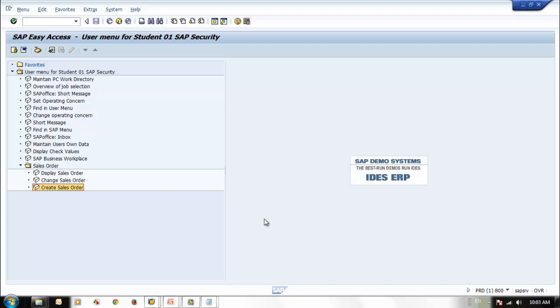I would like to inform you, this trace is a last option for your authorization check. So don't come to a conclusion, okay, let's trace this user, because you already have all this information. You know all the authorization objects assigned to the user from SU56. You will get the authorization object which is not available, what this user is trying to do, from